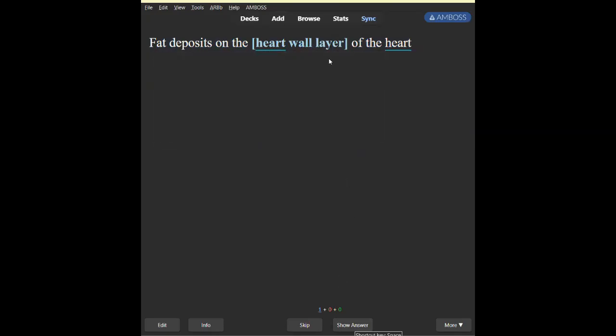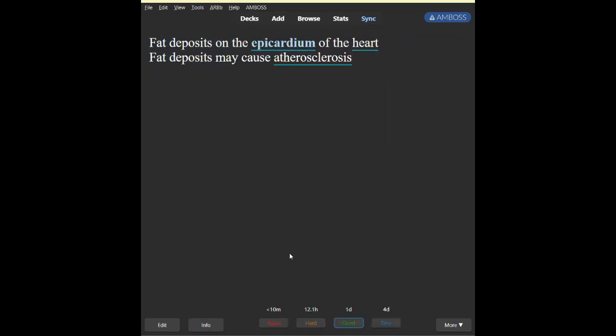It will facilitate your learning if you know what's being asked for. Epicardium of the heart. This is what I was talking about when I added in the back extra. It might add extra context once you answer. Now,